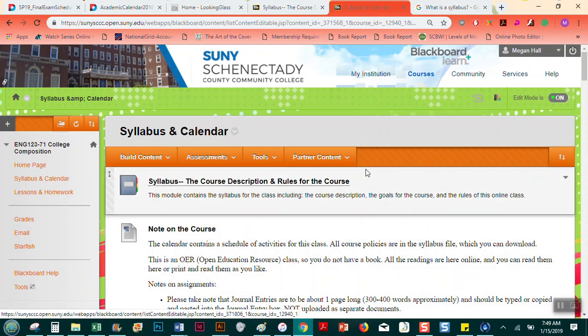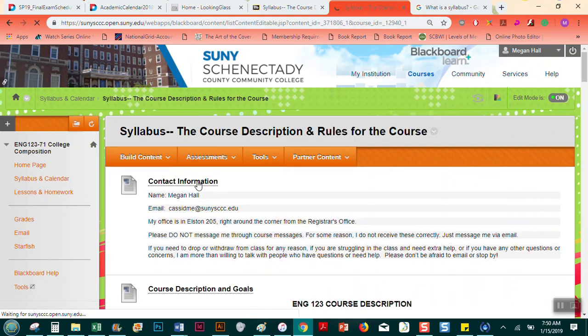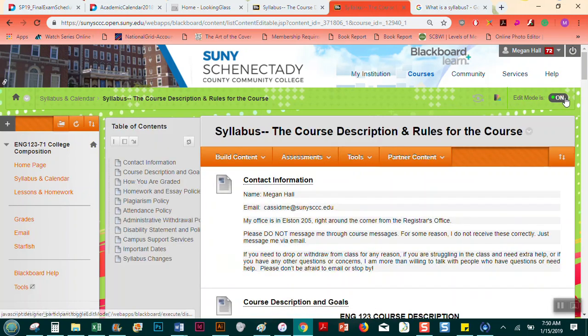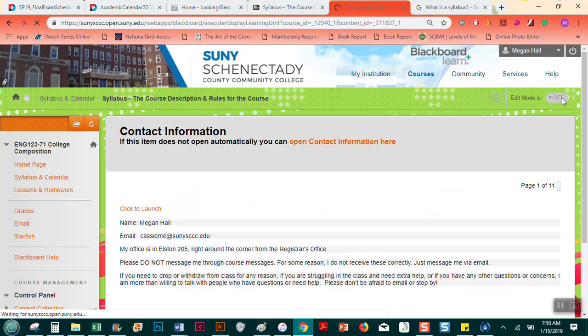The course description and rules for the course. This module contains the syllabus, including course description, goals for the class, and rules for the online class. Obviously, there's a lot more than that, but it's a basic one line. And then when I click on it, I'm going to go into my student view. If you ever want to see your student view, it says right here, the edit mode is on. The edit mode is for me to do things in here and to change things around. If you want to click off, then you can